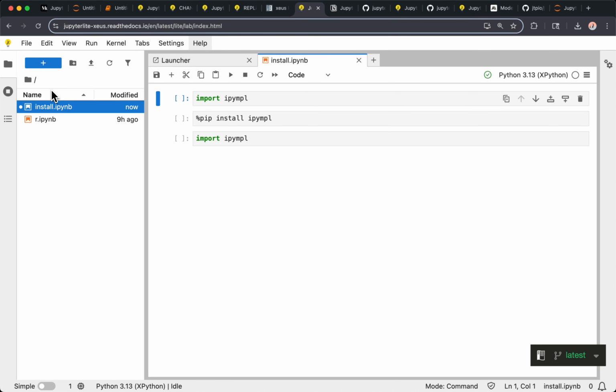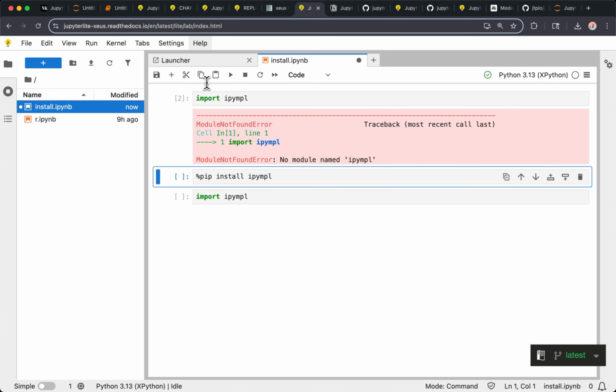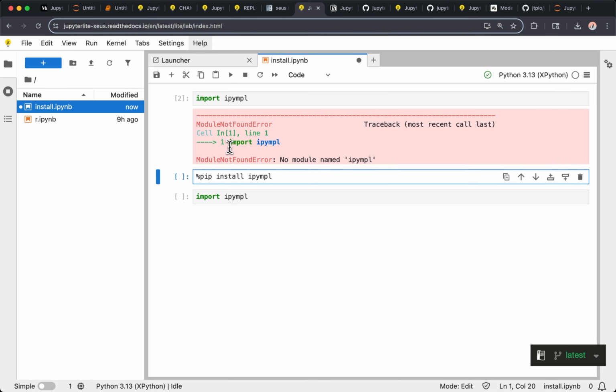One of the limitations of Xeus Python compared to Pyodide was being able to install packages on the fly. So before, if I do import ipympl, which is for matplotlib, and it was not available, I would have to rebuild the whole website on my laptop and then publish it again, because it's a new set of static files.